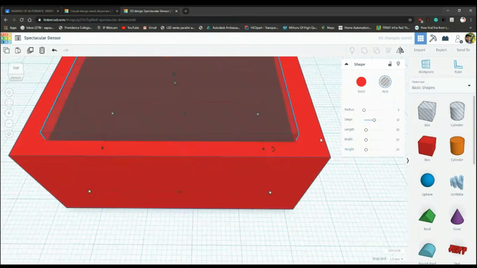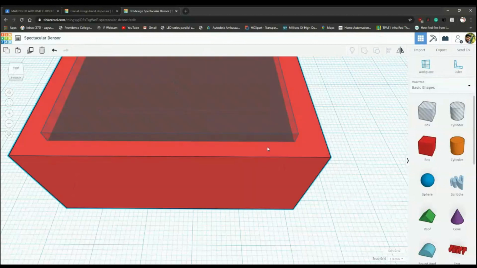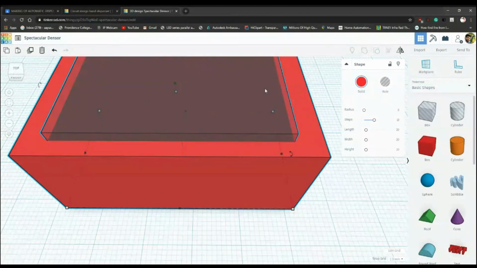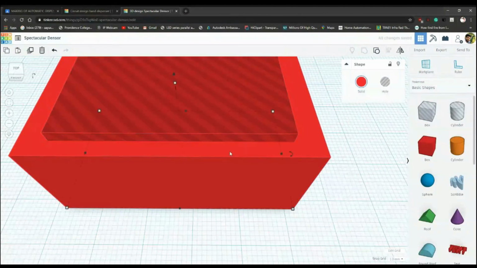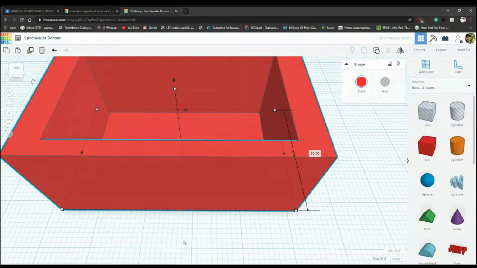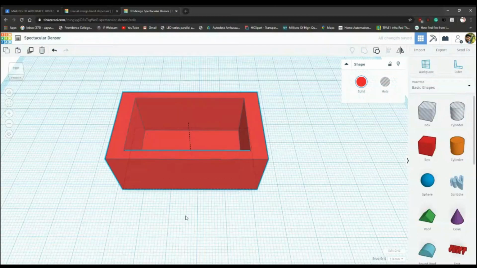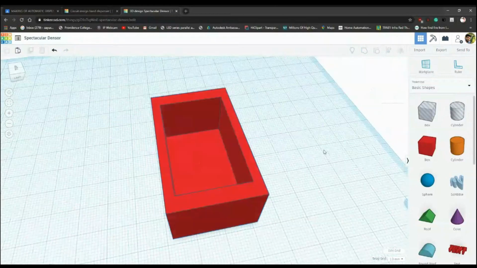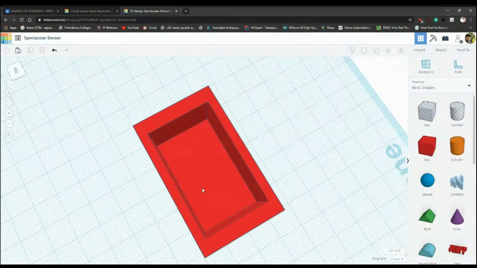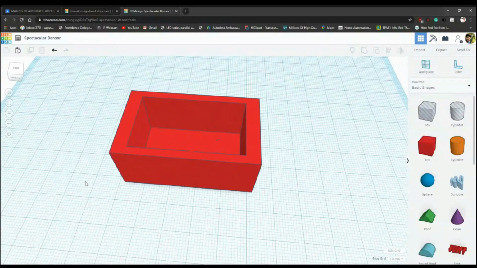Now I'm going to click enter. Then I'm going to join both shapes together, combine. Now you can see we have a hole in it. See, it's that easy to make a component or any kind of body using Tinkercad.